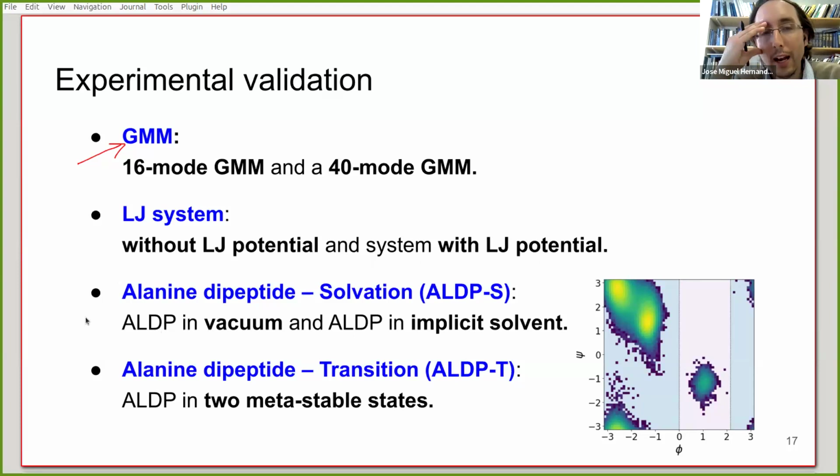Another problem is with alanine dipeptide, which is a common molecule used in benchmarks, and you can have it in one state with the molecule just in vacuum, or in another state with the molecule in some implicit solvent. And obviously that represents two different distributions for the configurations of atomic positions of the molecules.